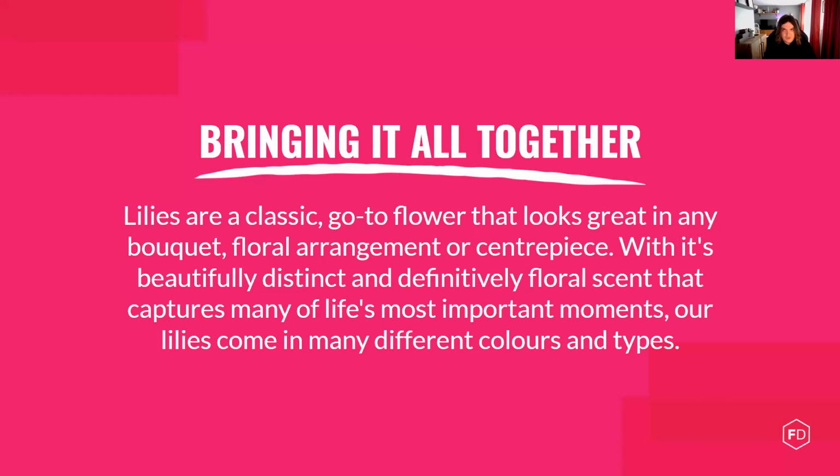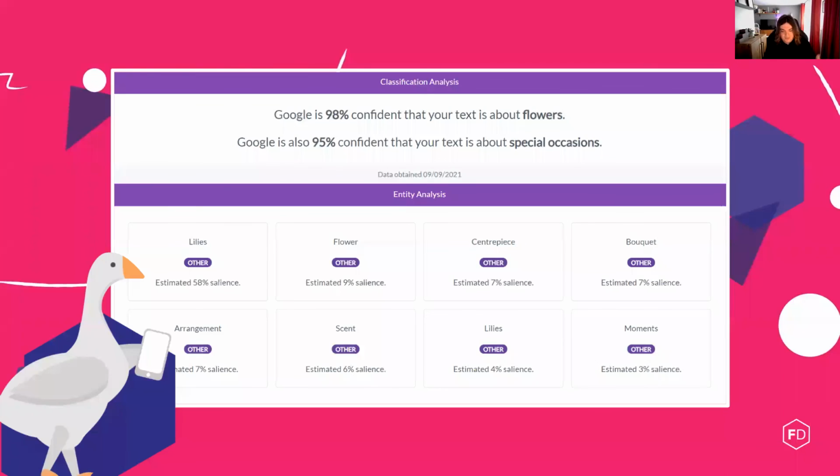And when we ran through this for the last time on Goose, 98% confident that the text is about flowers, 95% confident that the text is about special occasions, 58% salience on lilies that Google felt was the most important, flowers, centerpiece, bouquet, arrangement, scent, lilies, moments. I would have no problem putting that piece of text live, and I would defy any brand manager who, as long as it's aligned to their tone of voice, wouldn't love that piece of